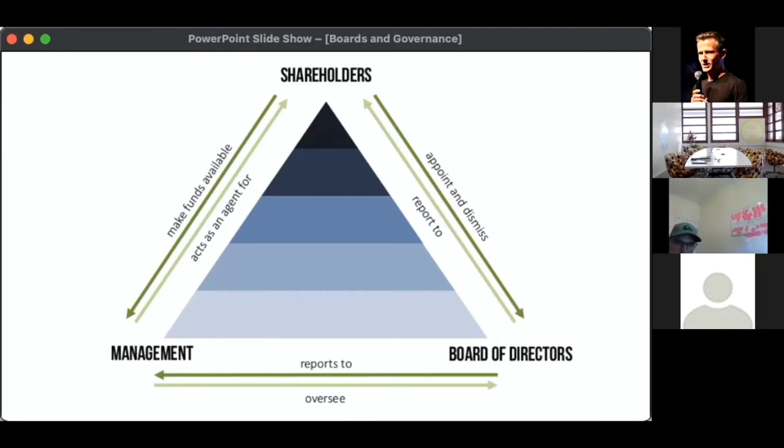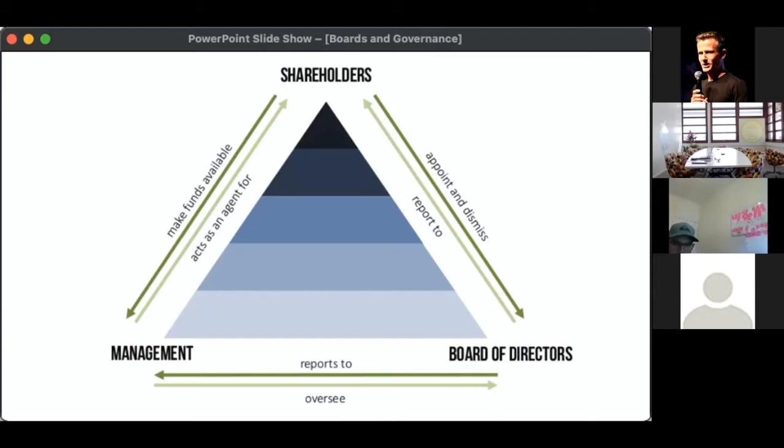They can have different voting rights depending on how you've structured your shareholder agreement. Some shareholder classes can have a multiple of votes on the board of directors, and others, like investors, might have a clause that says we get to allocate one or two directors of our choosing. But ultimately, shareholders choose the board of directors,